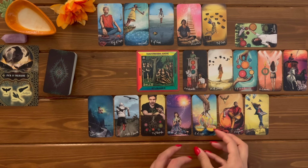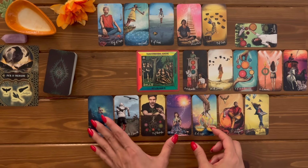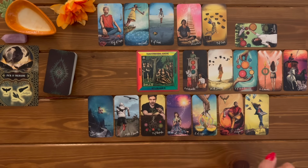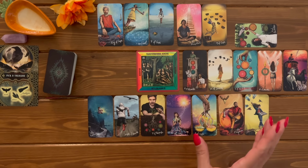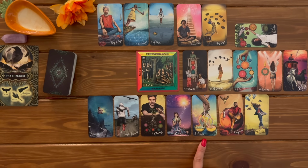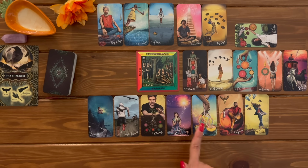Seeing that it's not giving me information with the previous cards or the after cards, I would outright say that for a lot of you, I'll be bold enough to say, it looks like you're meeting your soulmate in this group with the Two of Cups. You're going to meet your soulmate in this group. Yeah, that is what I am seeing here. Wow, I love this for you, my dear pile